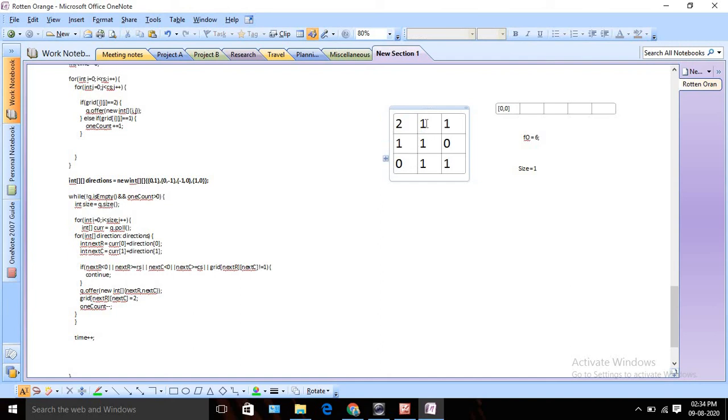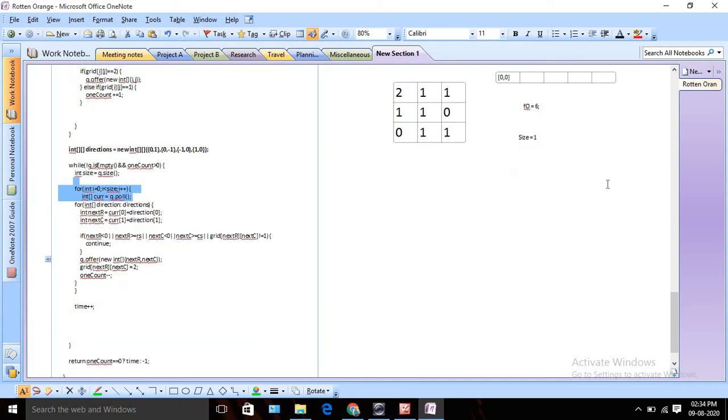And again this time the size will be 2, and we are going to poll 2 elements only, right? So this is the first level. In the first level we have 2 ones, so we will poll 2 elements. To maintain this level, we use this separate for loop and the size. Once we are done, if we see that our total fresh orange count is 0, then we can directly return the time, or else if it's greater than 0, then it's not possible to rot all the oranges. In that case, we can return -1.